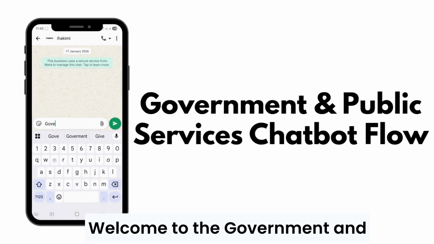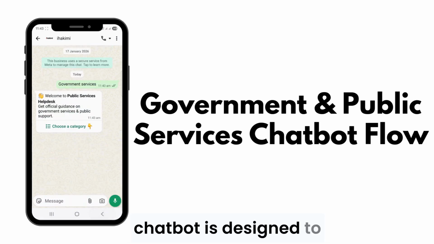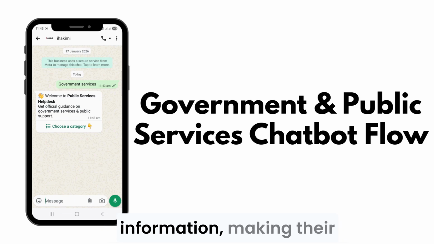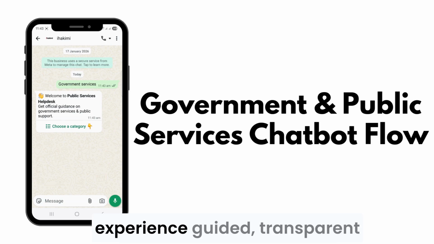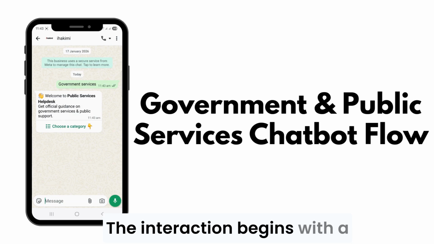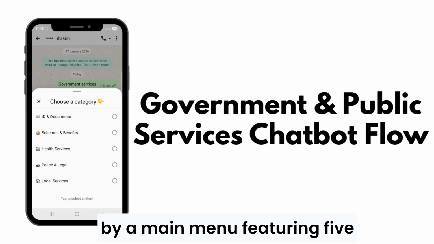Welcome to the Government and Public Services Chatbot Preview. This intelligent chatbot is designed to simplify how citizens access essential public services and information, making their experience guided, transparent, and completely effortless. The interaction begins with a warm welcome message, followed by a main menu featuring 5 key service